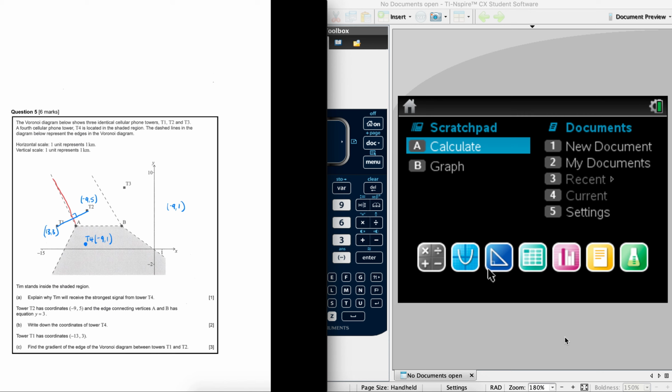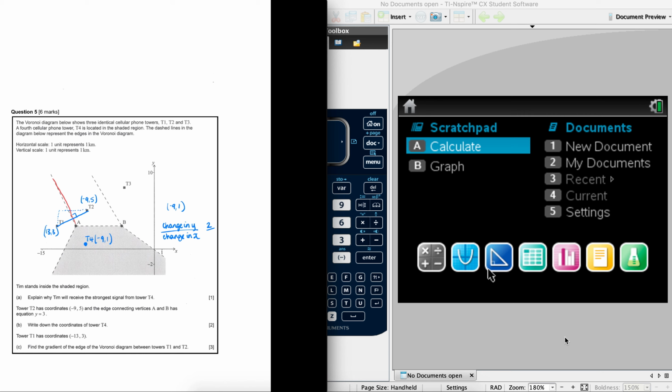So the gradient is change in y, or rise, over change in x, or run. And that's actually given to you in the formula book as well. Okay, so the gradient is change in y over change in x. So between T1 and T2, we can see there that the change in y is jumping up by 2. And the change in x is moving across